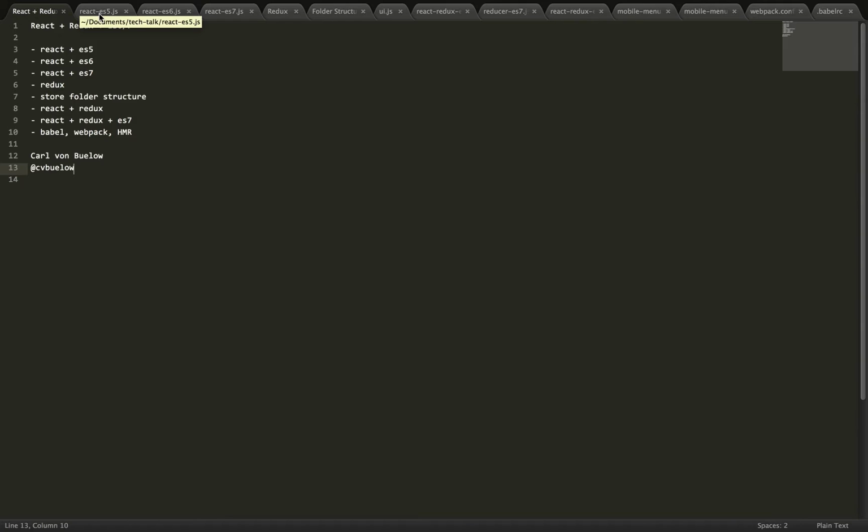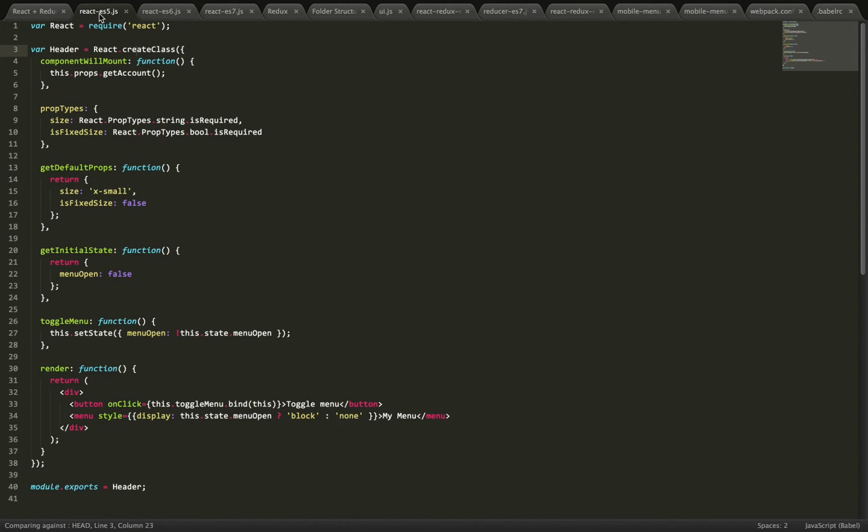So let's just dive right in. Start by looking at a React class written in ES5, and then go through the variations of that in ES6 and 7. The way you create it in ES5 is using this React.createClass, and then